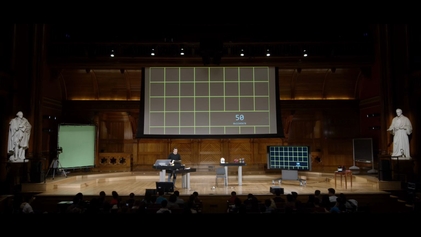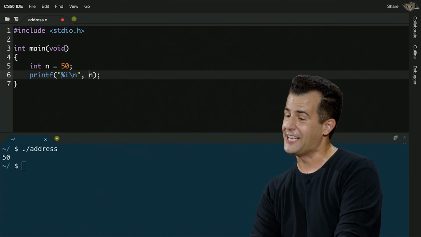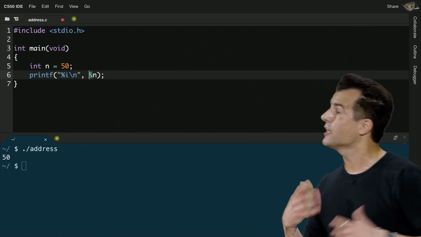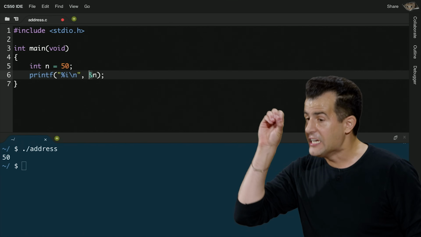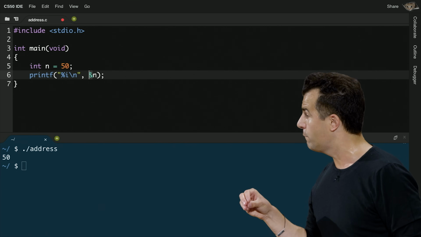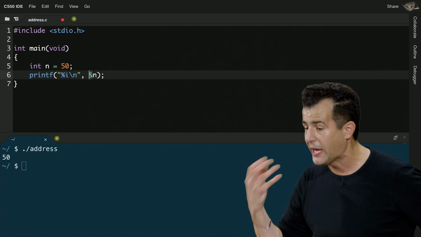use. Well, it turns out that using C, we can actually, no pun intended, see this value as well. Let me go ahead and tweak this code slightly. I'm not going to go ahead and print out n this time. I'm going to go ahead and print out &n, which happens to be a new piece of syntax for C, but it quite simply means the address-of operator. So wherever n is, go ahead and figure out what its address is, its location in memory.